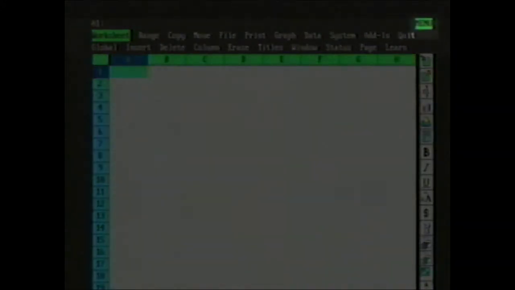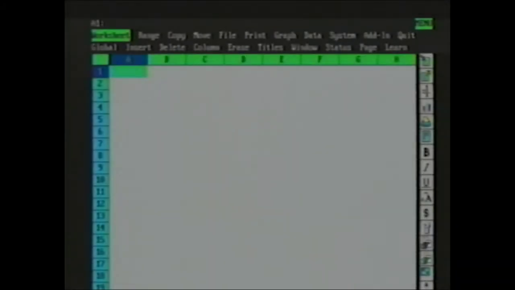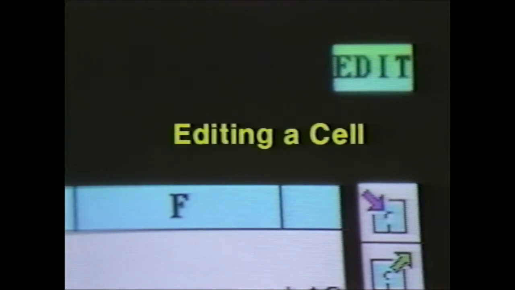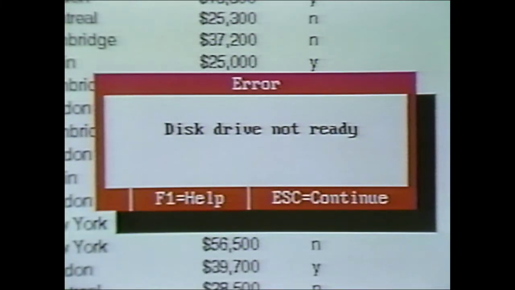The mode indicator is located in the top right corner of the display, in the control panel. It tells you what mode 1-2-3 is in and what you can do next. For example, an Edit message means you're editing a cell entry. Error indicates an error has been encountered. Check the screen for an error description, then press Escape to clear the error message and return to the Ready